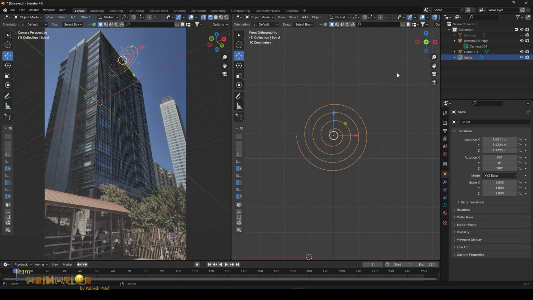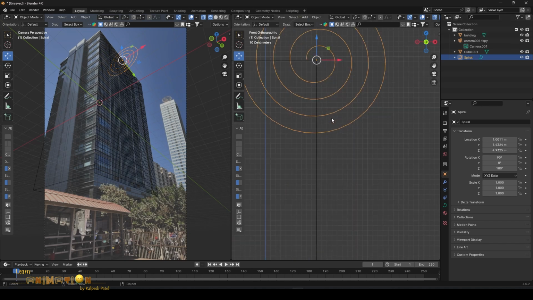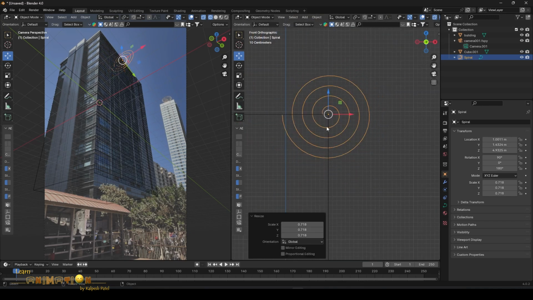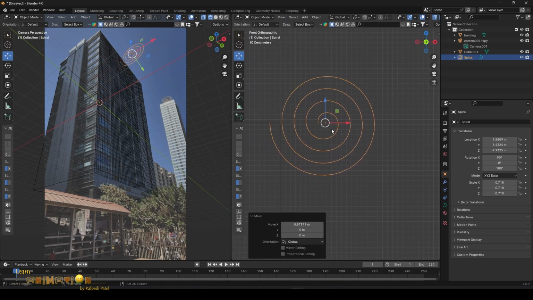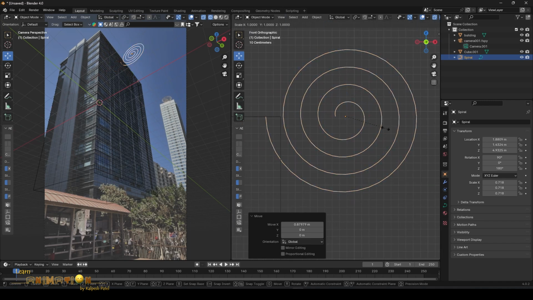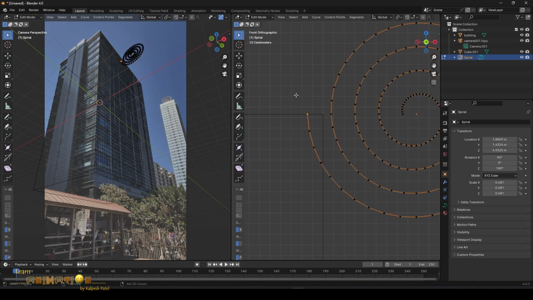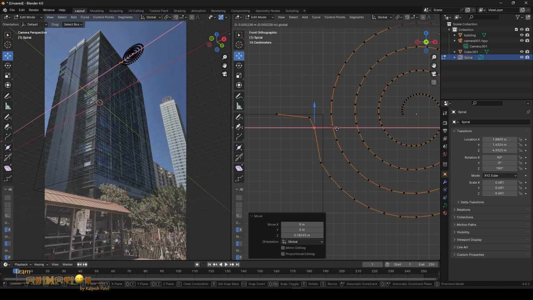Now go to front view. You can switch on the building this time. If it is not exactly in the same place, we can just reduce it. Yeah, we have to place this curve in such a way. Go to edit mode and adjust this curve. So our banner will start from this point.